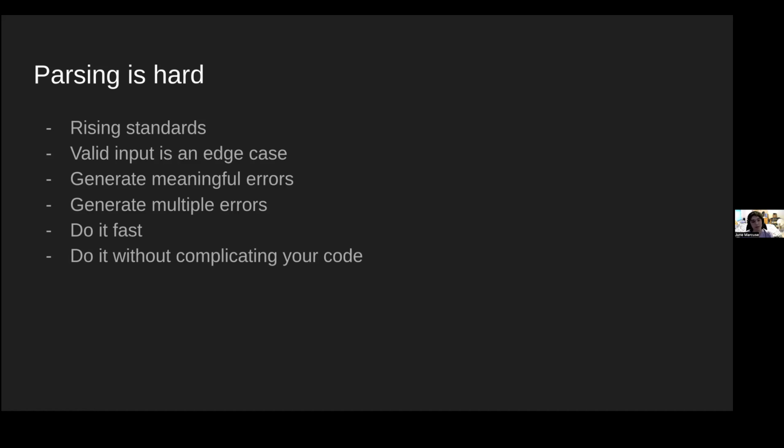You don't want to get stuck in a loop where you're correcting one error, recompiling so that you can see the next error. If there's 10 things wrong in your code, you want to be able to run the compiler once, see 10 errors, and fix them all in one go. And on top of this, we want the parsers to be fast, and we want the parsers to not have super complicated code. So this is a pretty long list of difficult requirements for modern parsers to meet. And personally, I don't really want to write handwritten parsers that do all of these things because it's rather difficult.